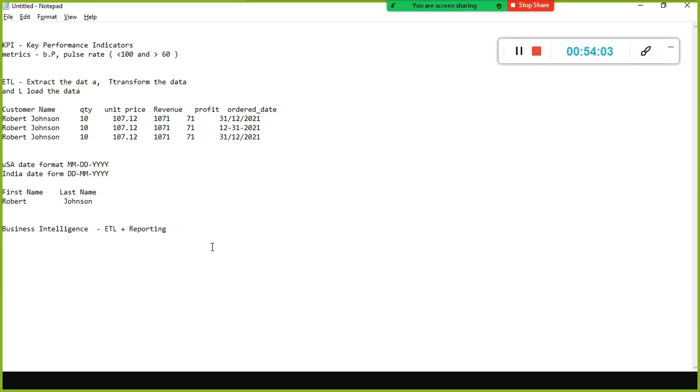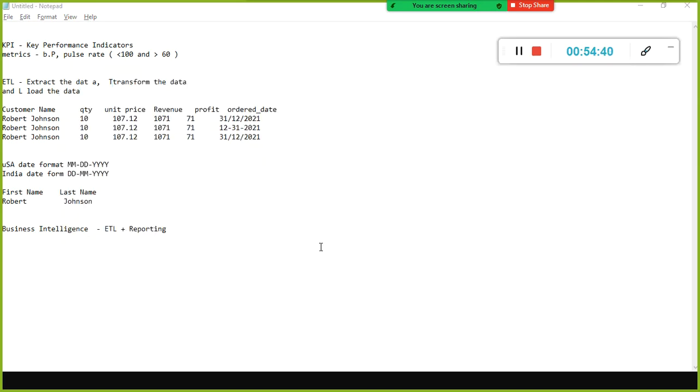Also we follow some processes. In what way we need to process this data and how we need to load the data, which data is supposed to be loaded first, which next, in what sequence the data is to be loaded. For that, we devise some process. That's the reason business intelligence is nothing but a set of processes and technology. We use a business intelligence tool, and we use the SSIS tool to perform ETL. But with Power BI, we can perform both ETL as well as reporting. So this is what business intelligence is.